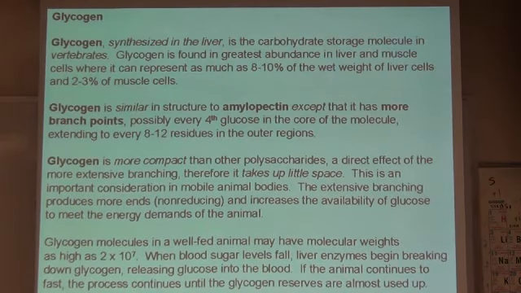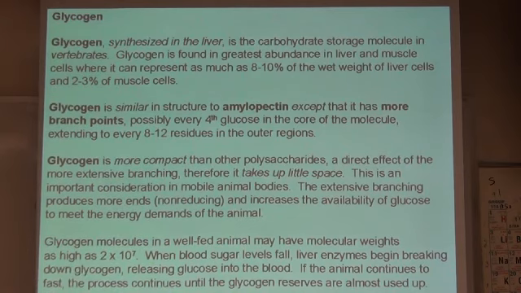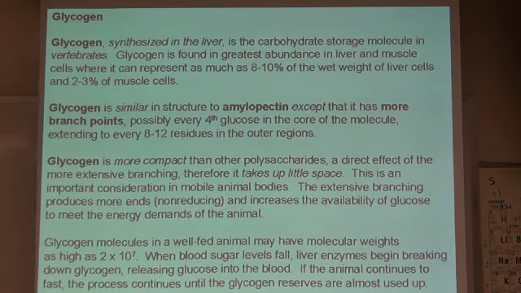They're spherical usually in structure. Like I said, it's much more compact. We can have every 4th residue in the core versus every 8 to 12 in the outer regions. We can have molecular weights in the tens of millions. When we need one, we just break it off. We run it through glycolysis and derive energy from it.